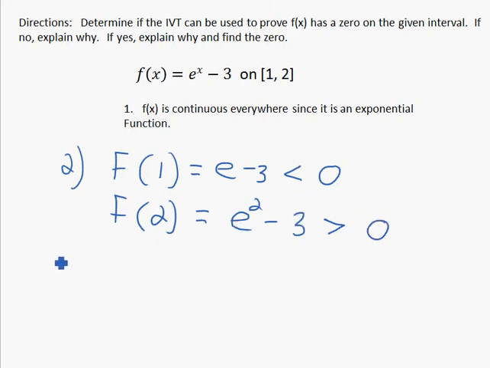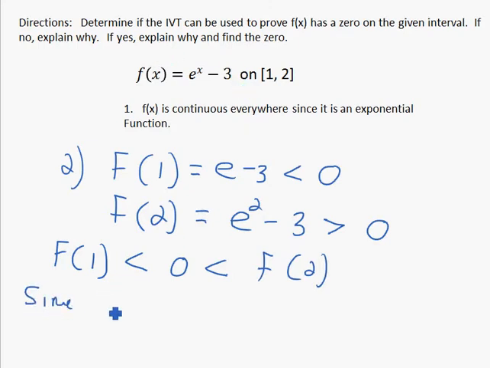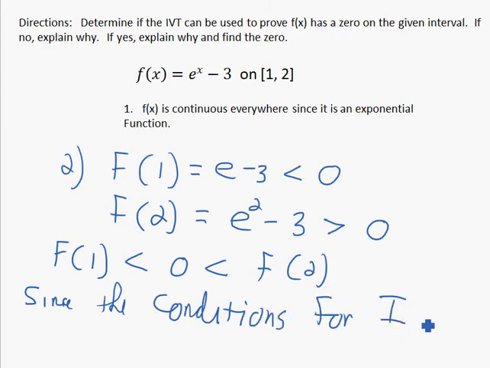And we have that f of 1 is less than 0, while f of 2 is greater than 0. So the conditions for the IVT have been met. So, since the conditions for IVT have been met,